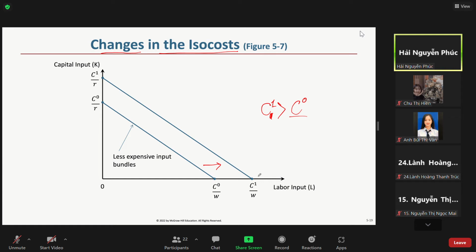Pay attention to the following: the intercept with the y-axis is C1 divided by R, and the intercept with the horizontal axis is C1 divided by W. And you can see that the slope of this line remains